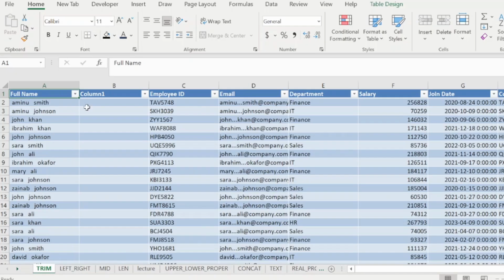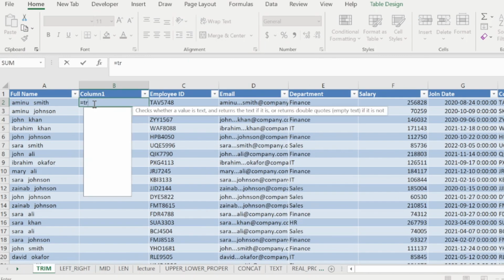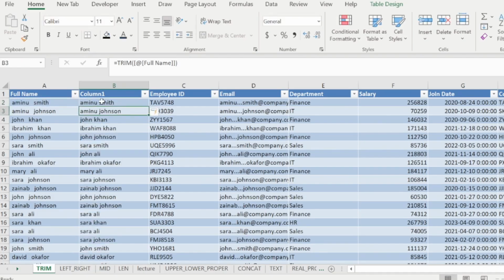So we are applying our TRIM function. Write equals, then write TRIM, and hit your Tab button. Now this is the text, and the text simply means what we have here in our cell. So we just click on this cell, cell A2, then you press Enter. Boom, it works. So now we have successfully